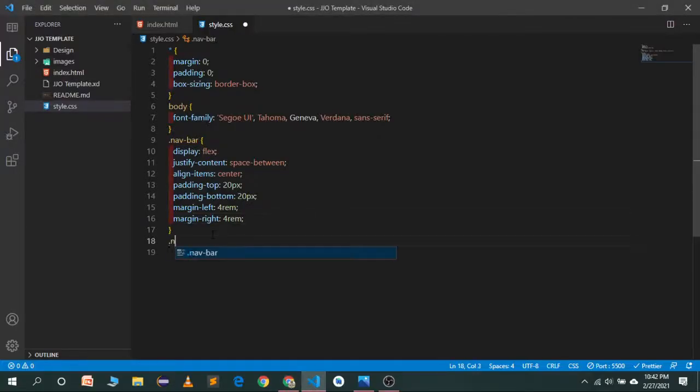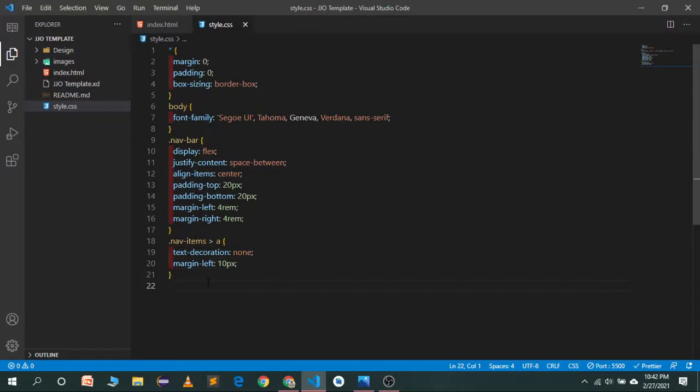So in the nav items, not nav items, oops, we missed a dash. Nav-items. In the nav-items I will target the a tag and set the text decoration to none. So save it and give them a margin left of, I think 10 pixel will be enough. Let's see. So 10 pixel is looking good.